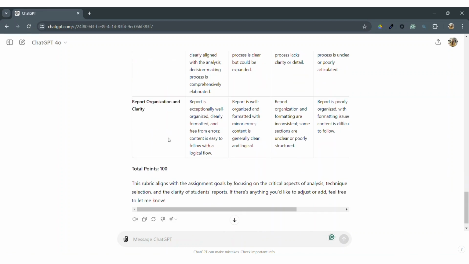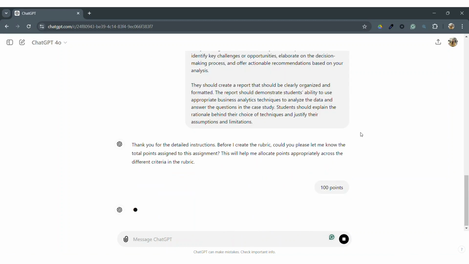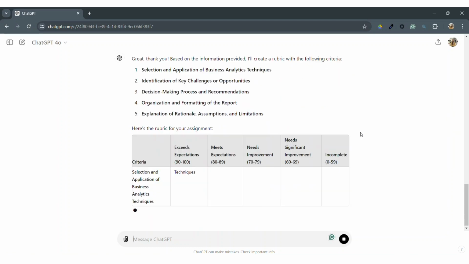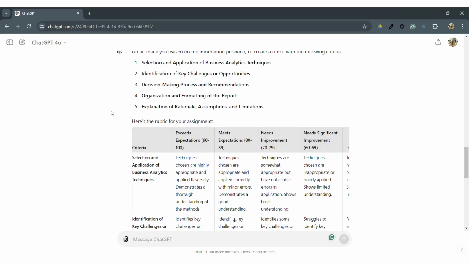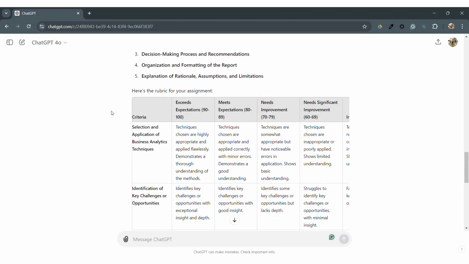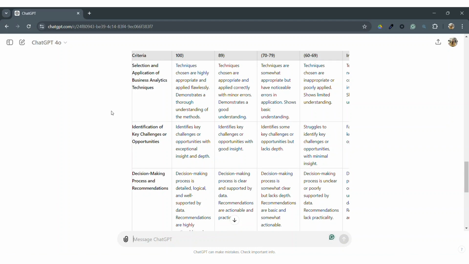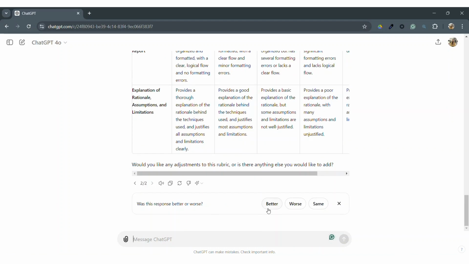In order to solve this problem, we might want to refresh. ChatGPT does it quite often. Let's take a look if this will be fixed here. Now that we have the output, we see that the point allocation issue was not addressed. So one of the things that we can do is provide a follow-up prompt by identifying the mistakes that AI has made. So we can say something like, make sure you allocate the points appropriately.